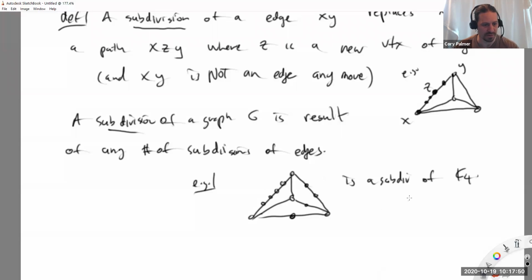But there are others, right? I mean, K4 itself is considered a subdivision of K4, right? I perform 0 subdivisions. Or maybe I do this nice one where I subdivide every edge exactly once. That is also a subdivision. Okay, obviously there's infinitely many. I can keep lengthening these paths. Okay. Now, subdivision is kind of like,